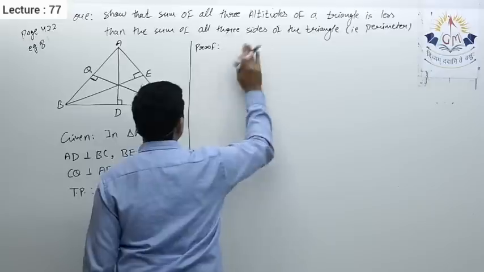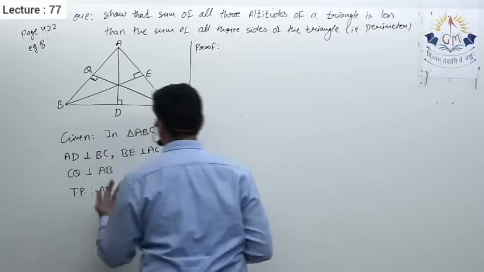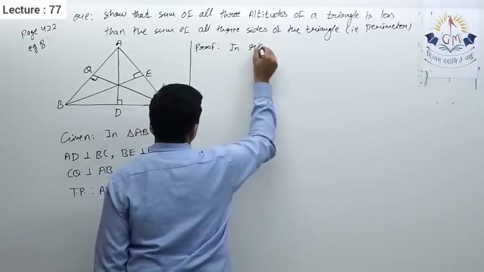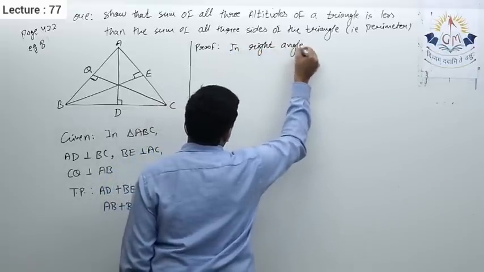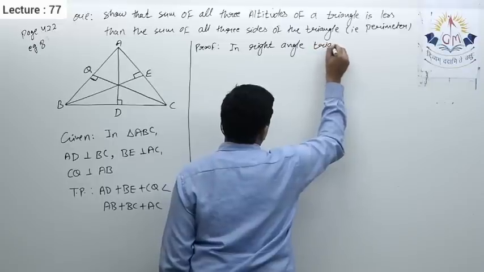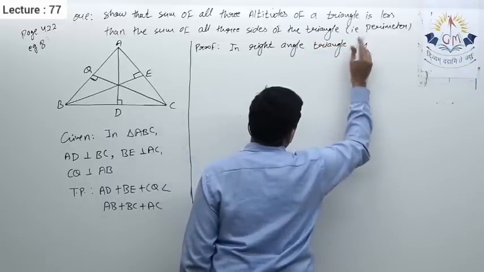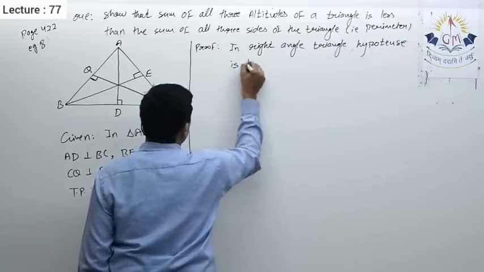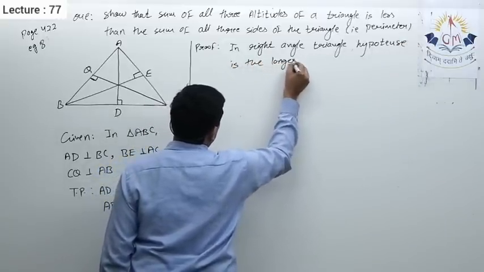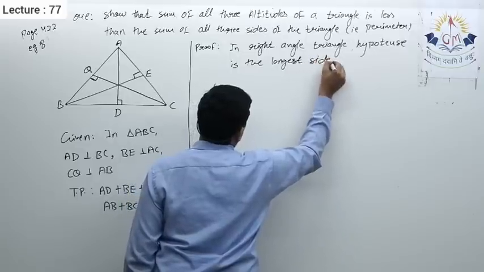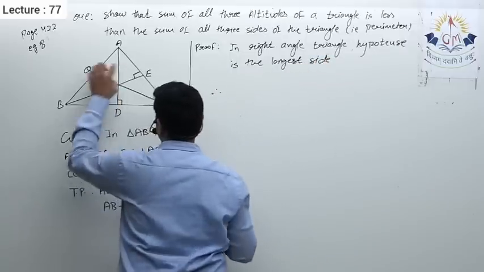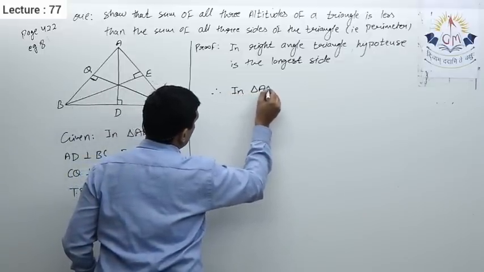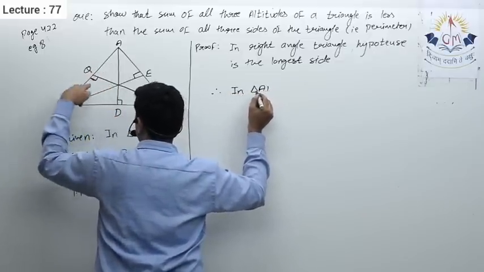So we start with that only, so that we do not write that particular fact again and again. We start: in a right angle triangle, the hypotenuse is the longest side. In a right angle triangle, the hypotenuse is the longest side. Therefore,